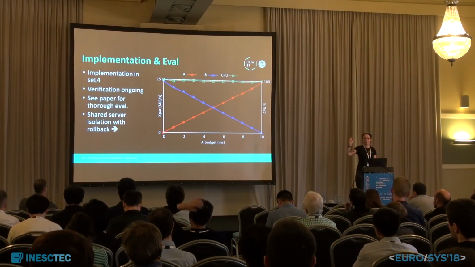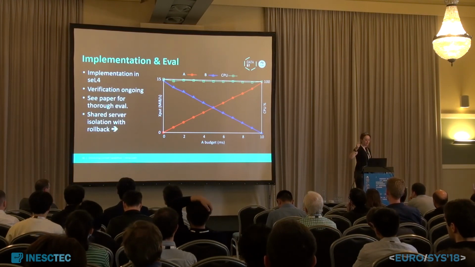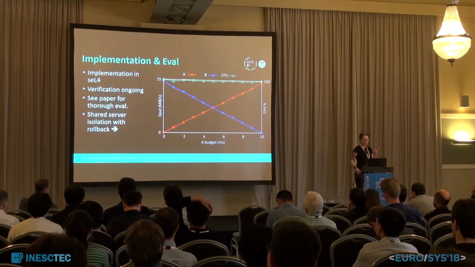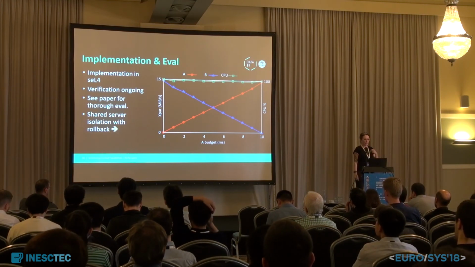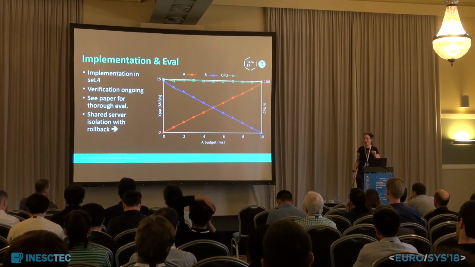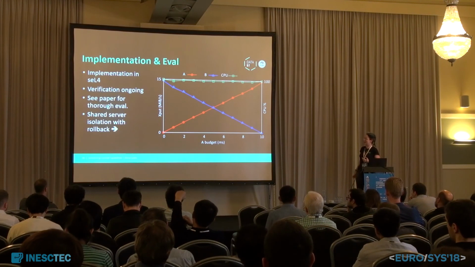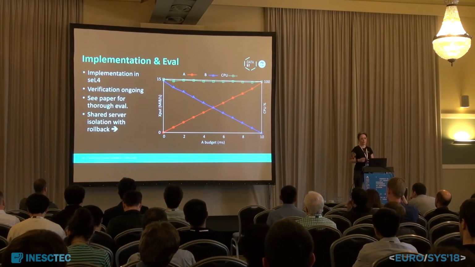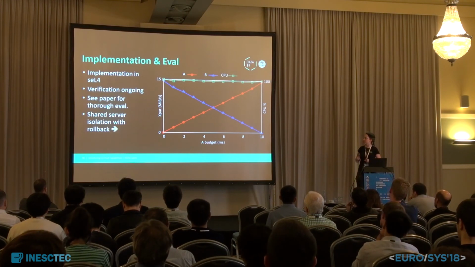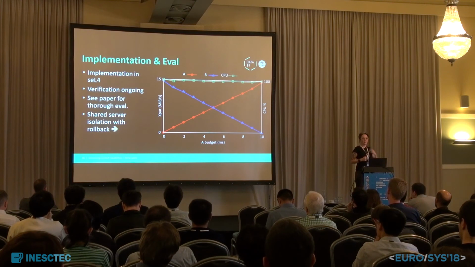I'm currently working with our proof engineers to get this through verification. We already have a specification for it. There's an exploration of the implementation in the paper, and a full evaluation, but I'm showing one benchmark with you here. So here we have two clients, A and B, and they're sharing a trusted AES encryption service. So we set the budgets of each one to be the opposite of the other one. So if A has 2 milliseconds out of every 10, B has 8.